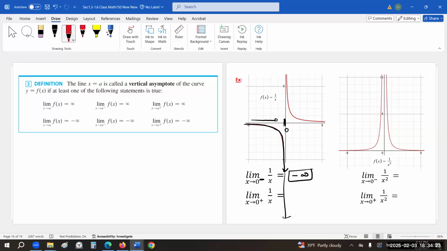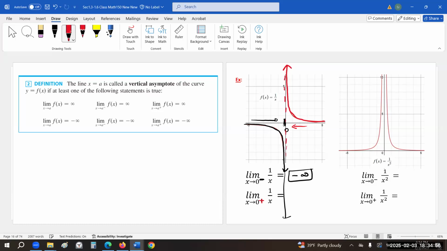Similarly, if you walk to 0 from your right side, this is the right-sided limit. When you walk to your x value 0 from the right side, it means you're walking on the function from your right side. And look at the y values. They are getting bigger and bigger forever. So this function is never stopping anywhere. So our vertical asymptote is here